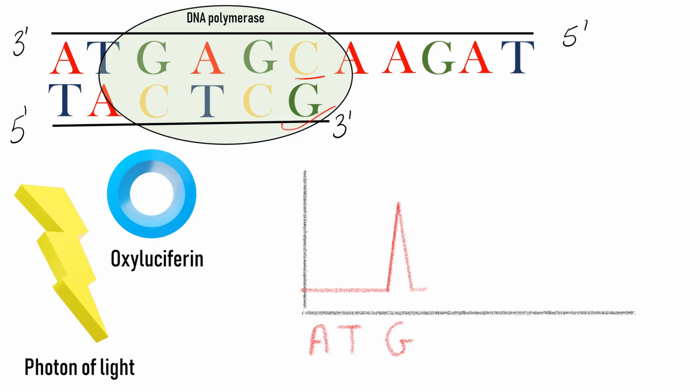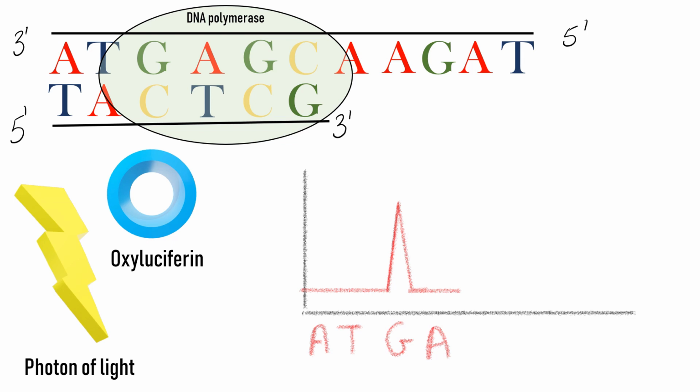Now, once the machine records a signal, it degrades the unused guanine and ATP using the apyrase enzyme and it starts the sequence of ATGC addition again. In the next cycle, on addition of A, no signal is received as the next nucleotide is T, which will pair with adenine and not with thymine. Thus, adenine is destroyed by enzyme apyrase and thymine is added.